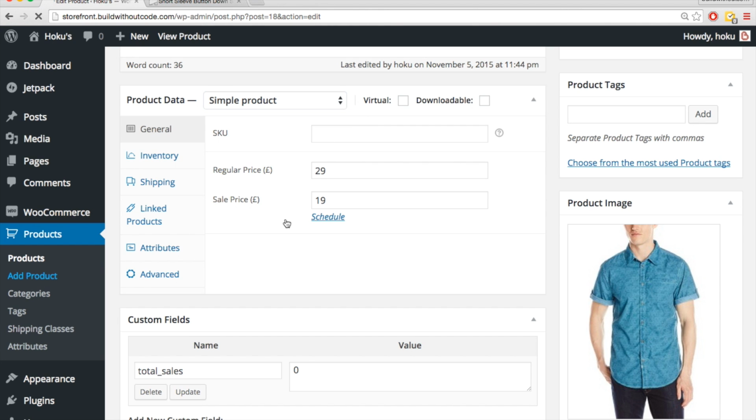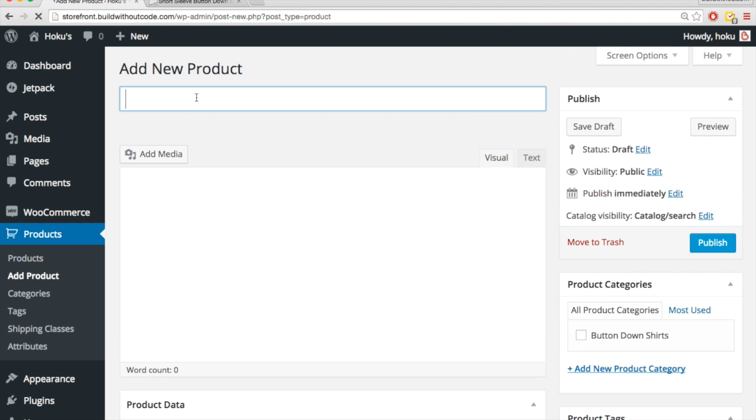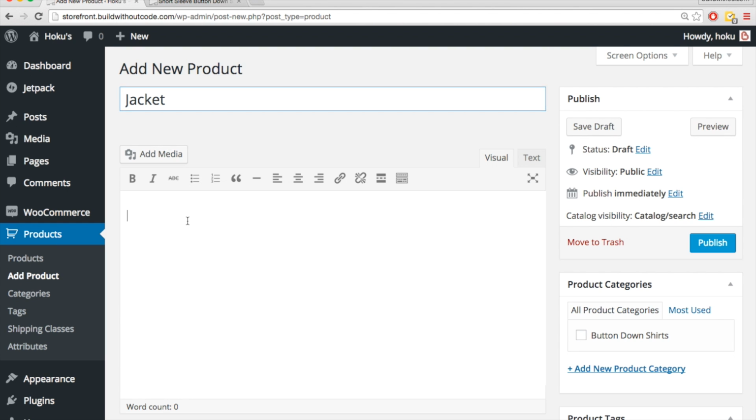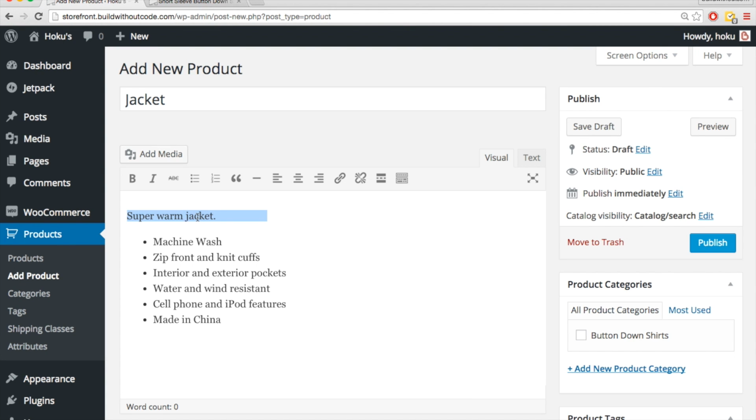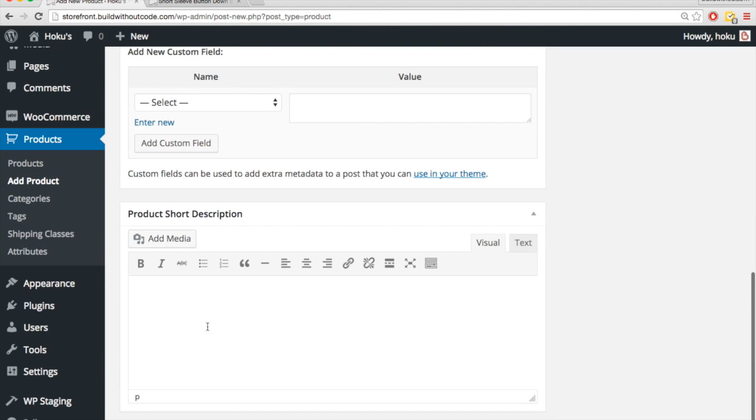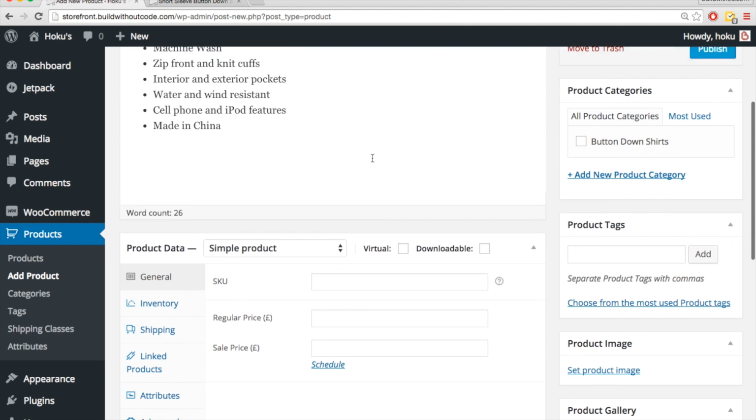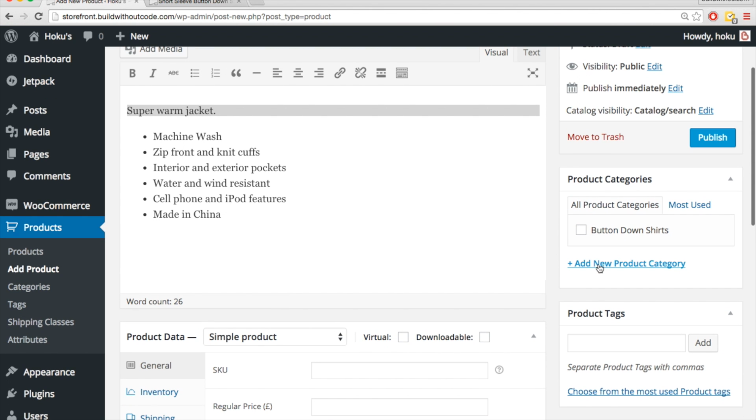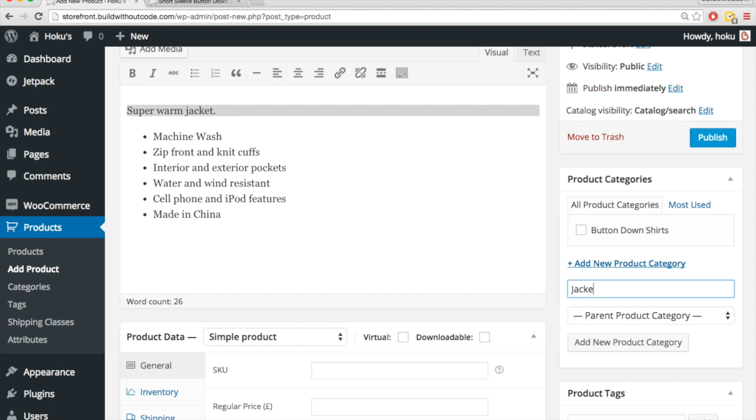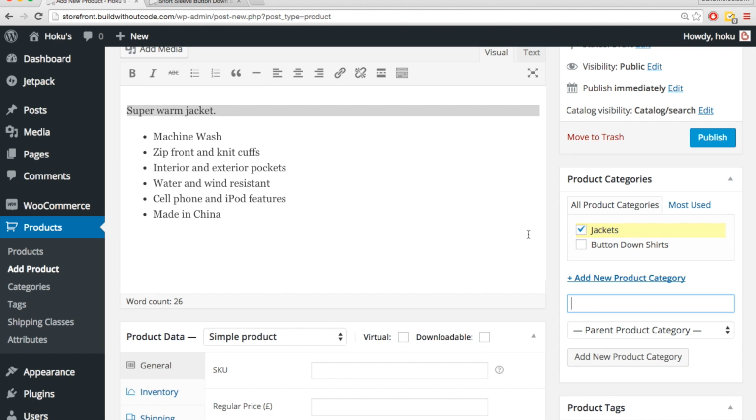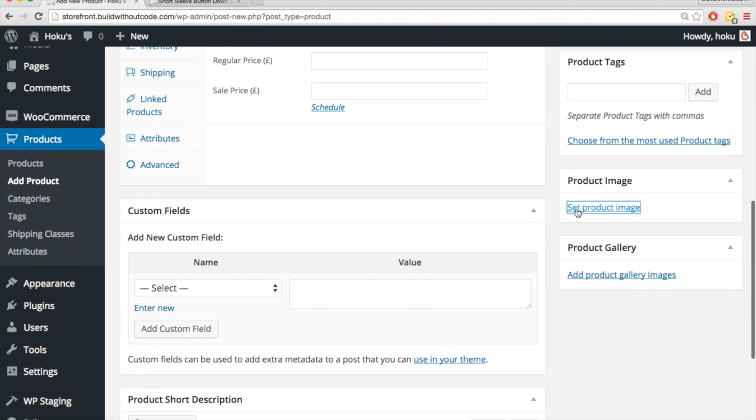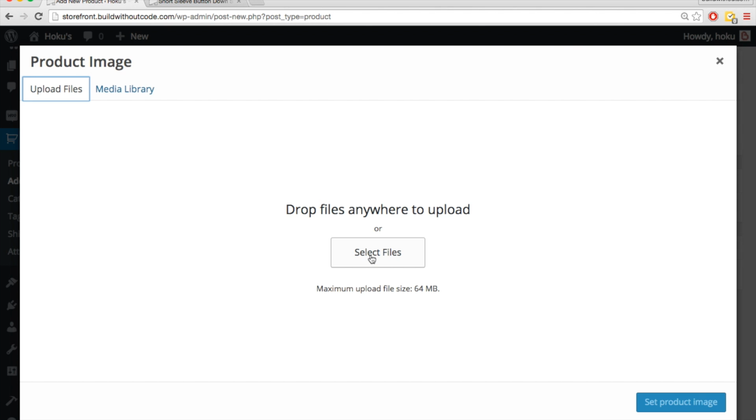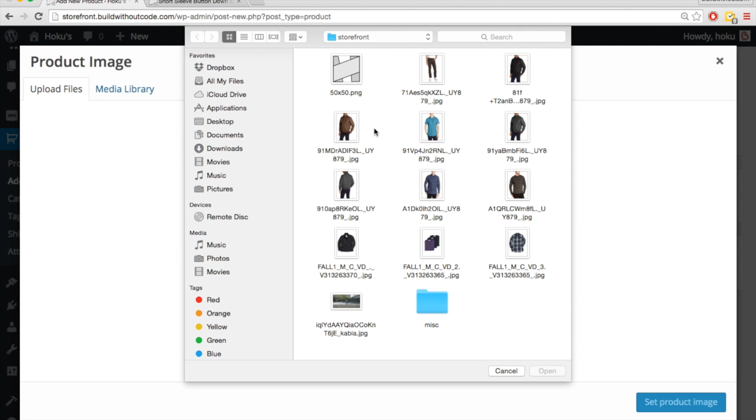So now we'll hit add product, and this is just going to be a jacket. So I'll get my description, put that in there, put this down here in the short description area, and I'm going to create a new category. This category will be jackets. Add new product category, and we'll add a photo, upload, select files, and there we go,